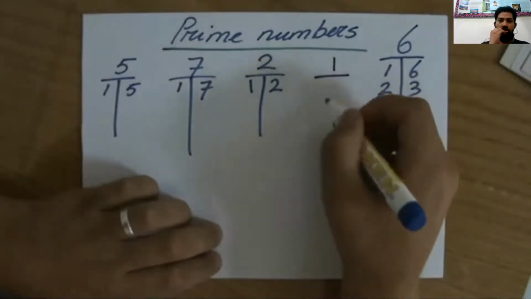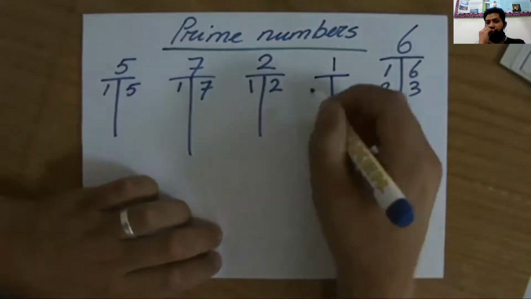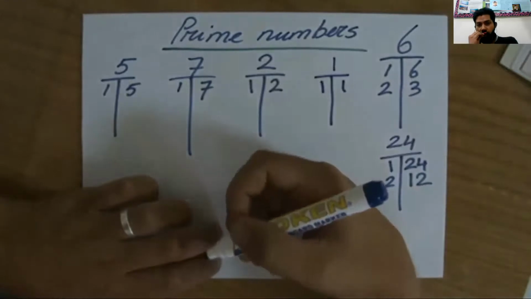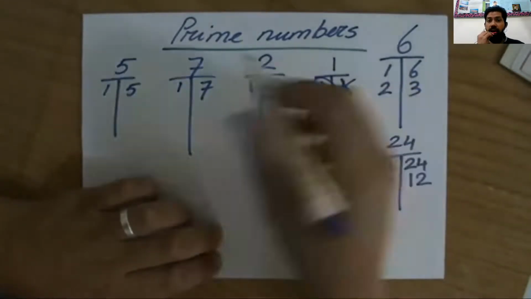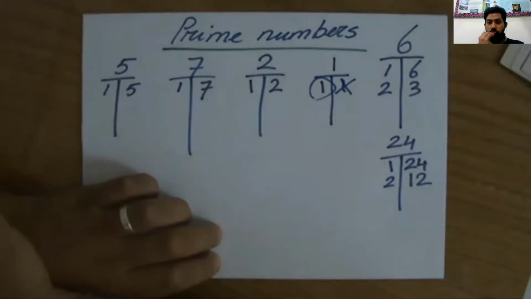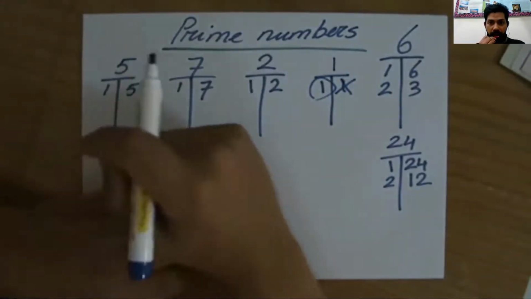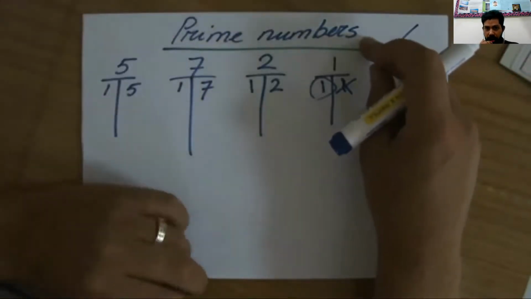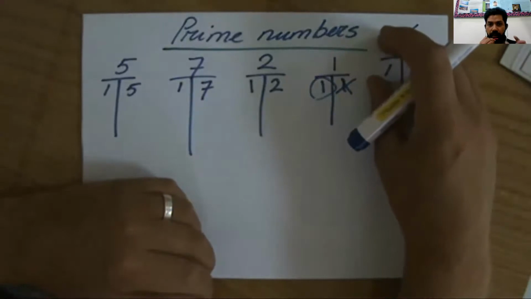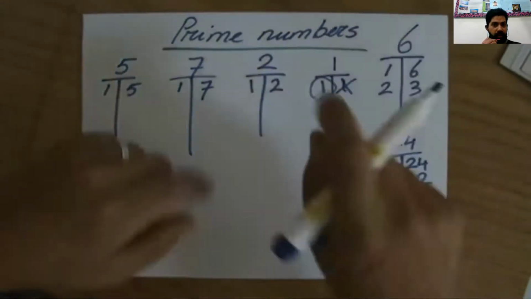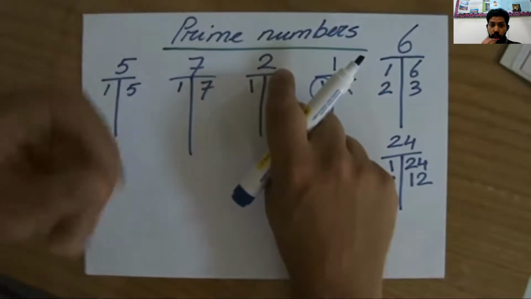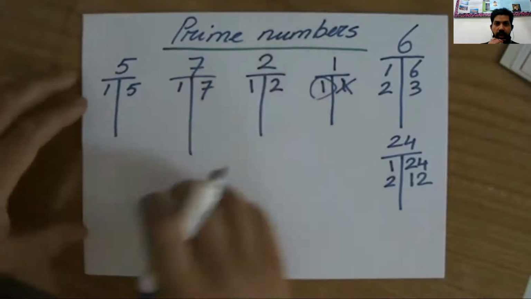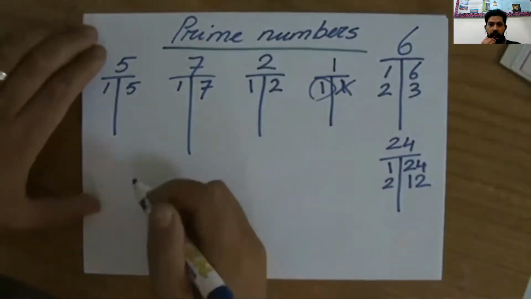Next one, number 1. Many of the boys make mistakes on this one, guys. Even last year I checked whether number 1 is a prime or not. 1 times 1, right? We got two factors but the same number, so that means 1 is not a prime number. Remember that, boys. 1 is not a prime number because the number 1 is repeating again. But 2: 1 times 2, 1 is one number, 2 is another number, two different numbers. So 2 is a prime number, 7, 5. 1 is not a prime.